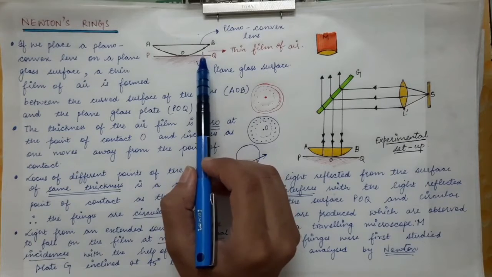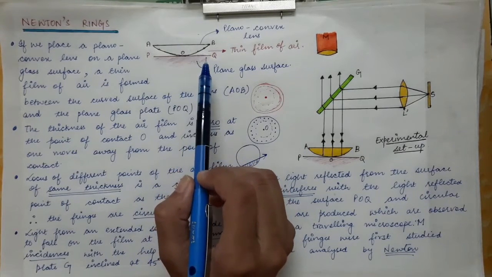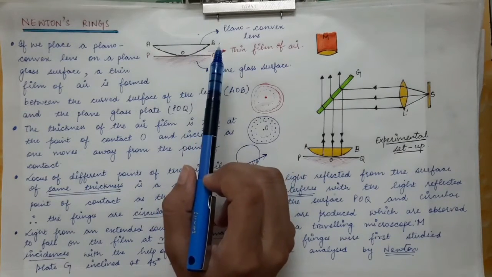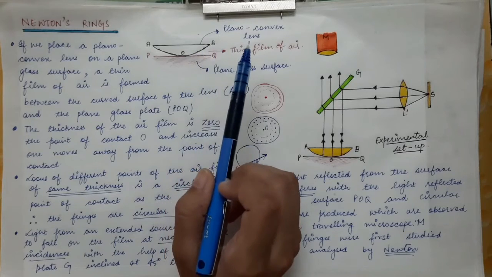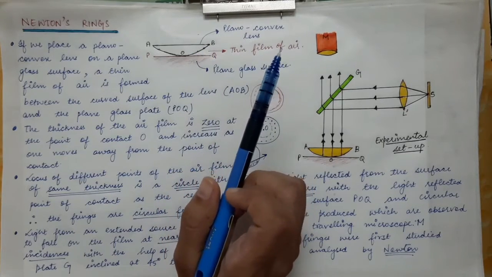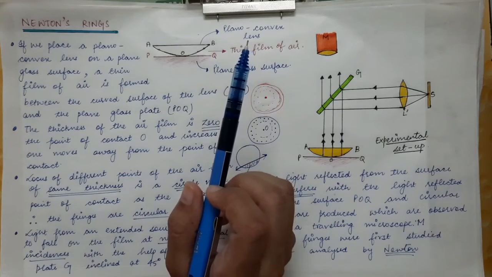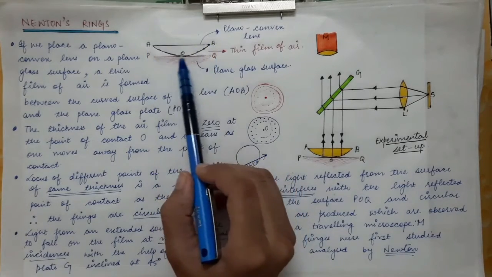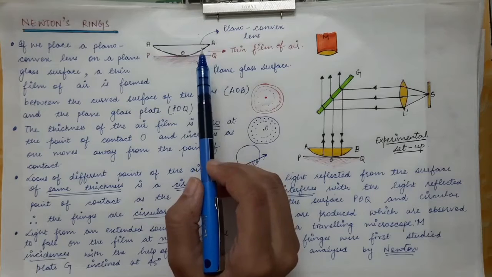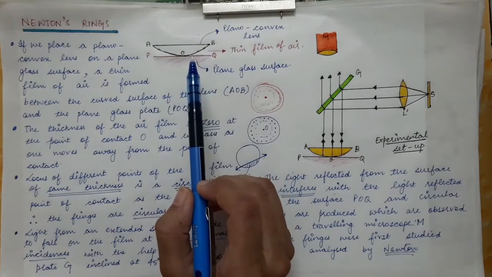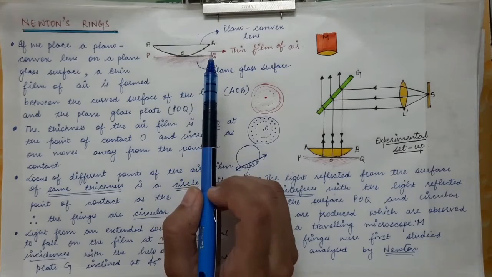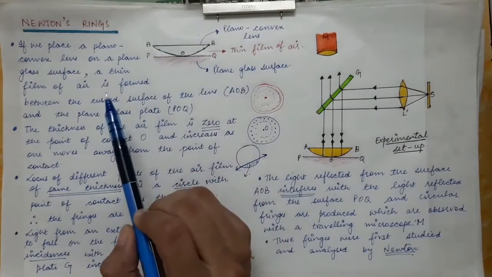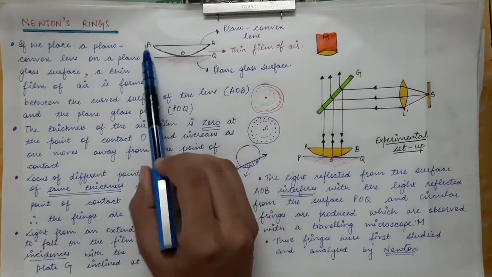Let's say those light rays have an optical path difference of 2 mu t cos r. Now cos r will be equal to 1 because we are talking about normal incidence. So for normal incidence, i is equal to 0, therefore r will also be equal to 0. So the optical path difference will be just equal to 2 mu t. And what are the types of fringes which will be obtained? That depends upon the locus of the points which are at equal thickness of the air film. So what are the points which are at equal thickness of the air film? This is the side view of this particular setup.